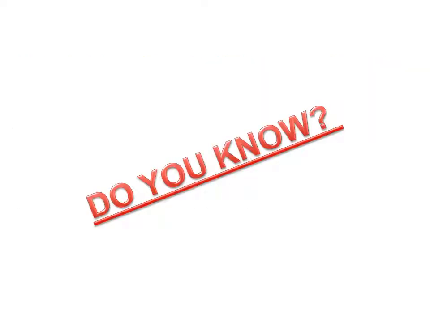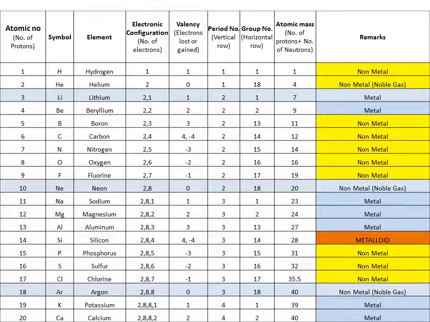Before starting the first unit or first chapter, I would like to ask some questions. Do you know about this table? Atomic number 1 to 20, symbol, elements, electronic configuration, valency, period number, group number, atomic mass and their properties,